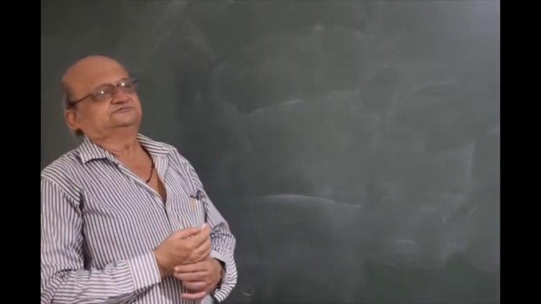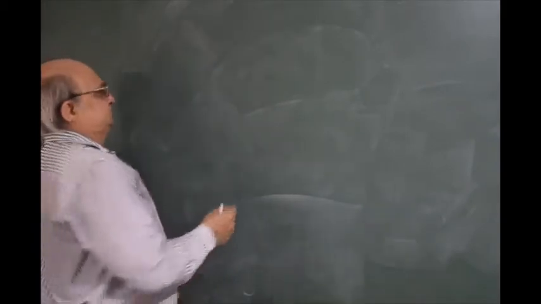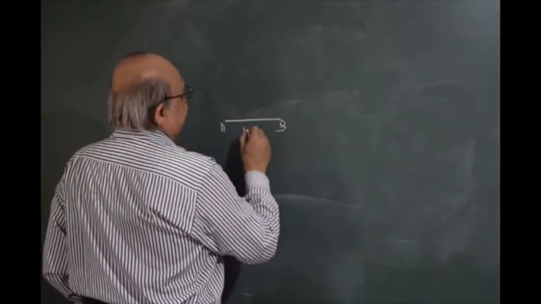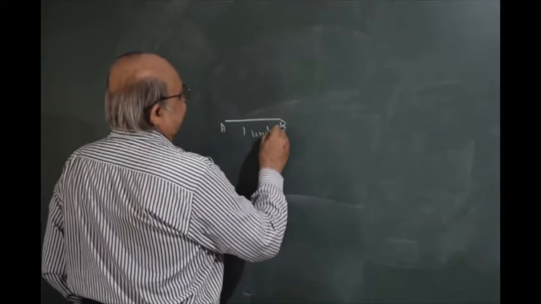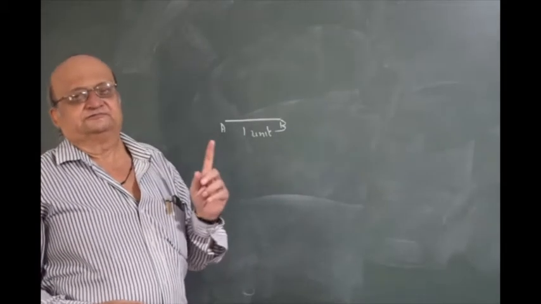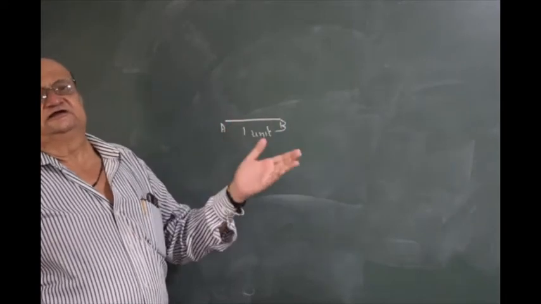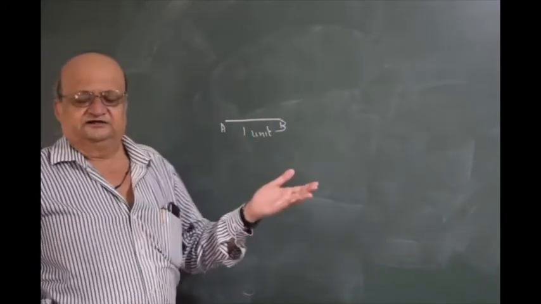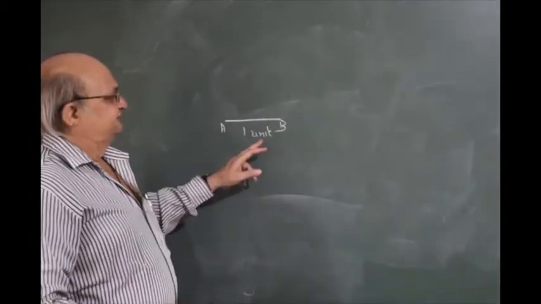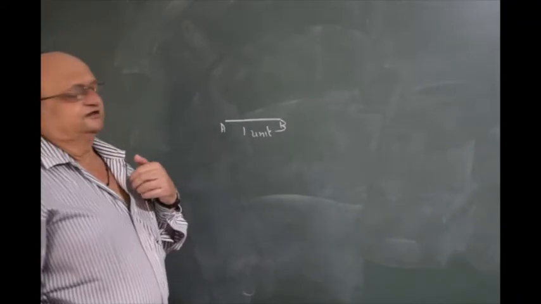How do we draw the line segment of the size root 2? We take AD to be 1 unit. Now when we say 1 unit, it is not necessary that AD will be only 1 inch or 1 centimeter. It can be 4 centimeters. We can take 4 centimeters equal to 1 unit. It can be 10 centimeters as 1 unit. So we say 1 unit. The size will depend upon our own convenience.